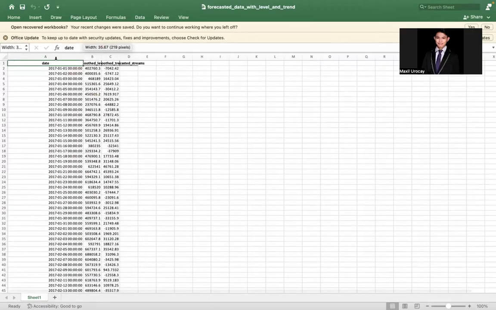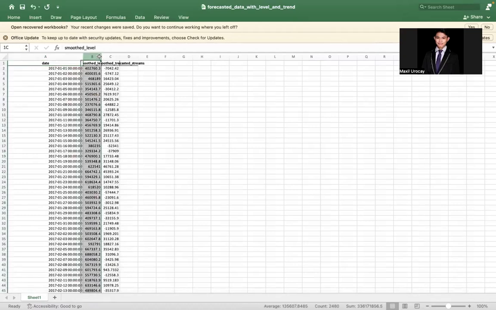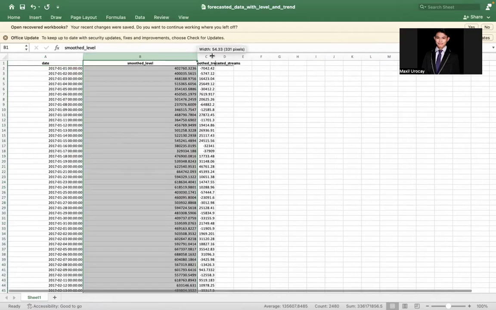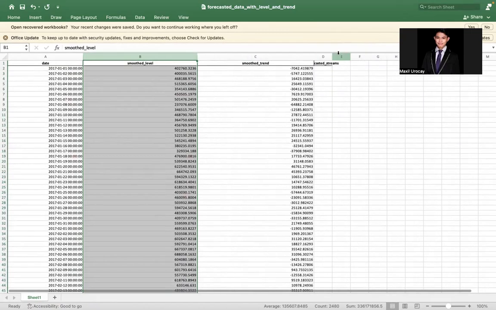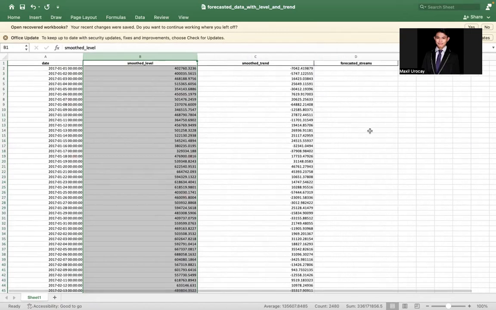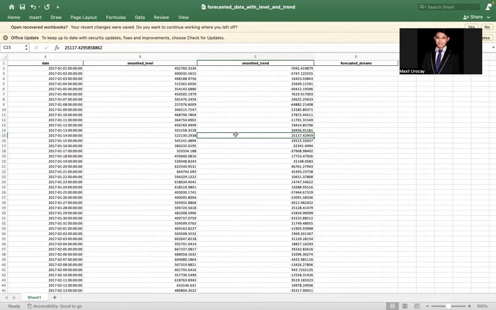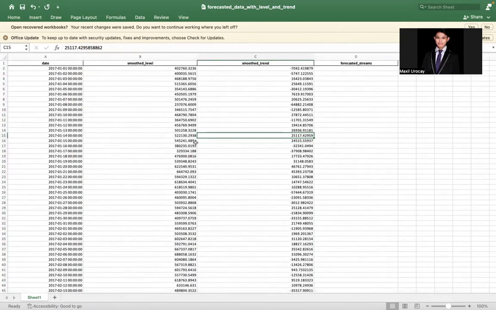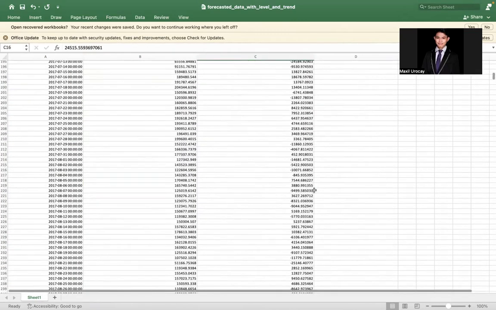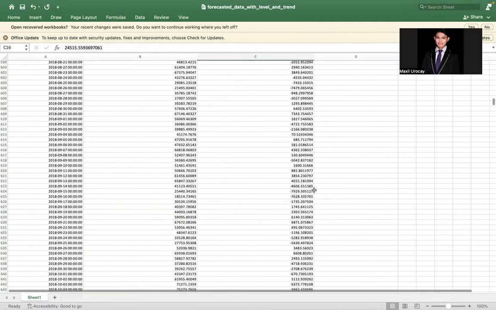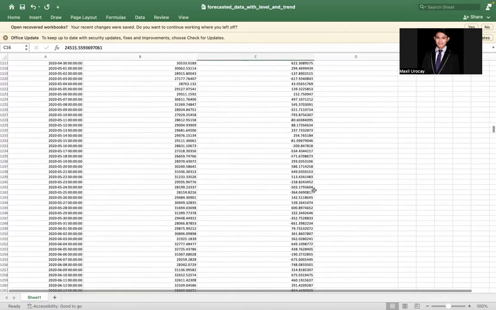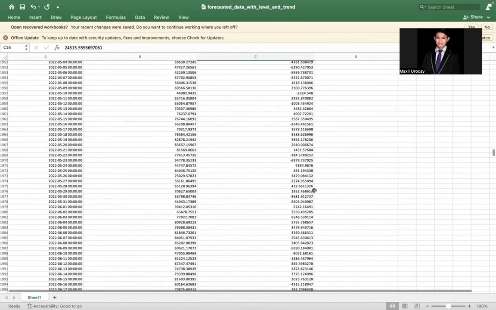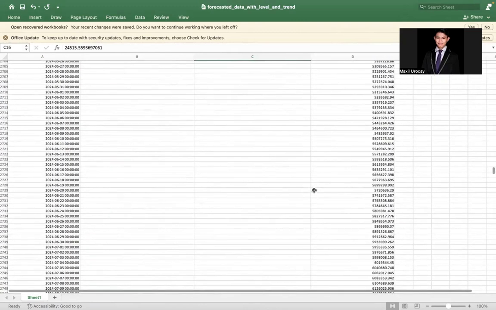From the old data set of Bruno Mars, this was your data set earlier, and this is your smooth level and smooth trend. So I've only shown here in my Excel file the smooth trend and the level.